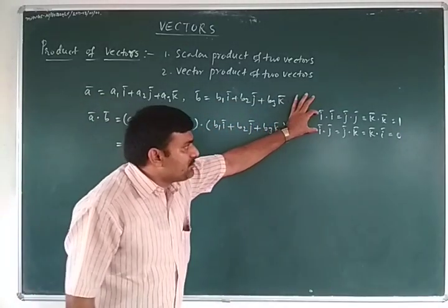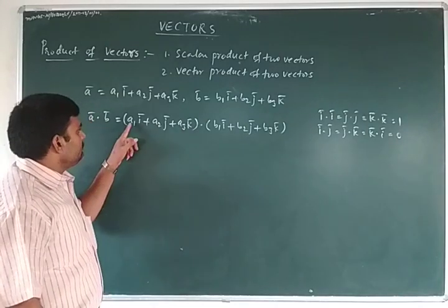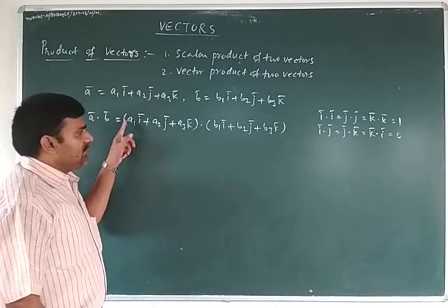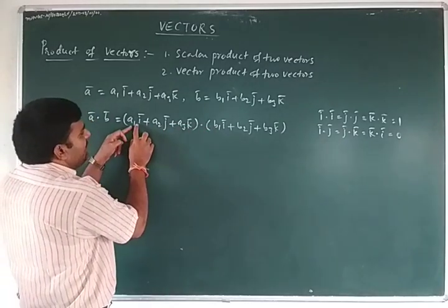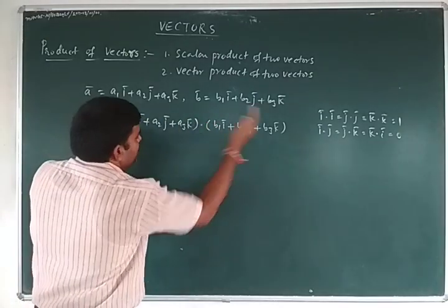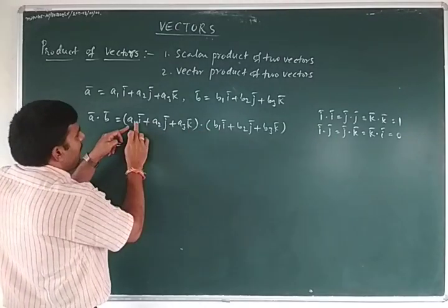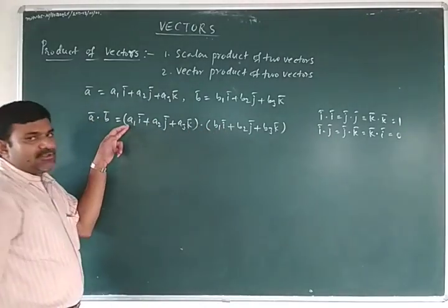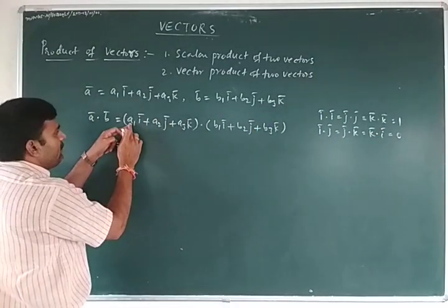So by using these two concepts we can solve this dot product. Now observe, here A1 B1. We do normal multiplication, multiplying this one with all these three terms. So A1 into B1 I bar dot I bar. I bar dot I bar value is 1. So therefore the value is A1